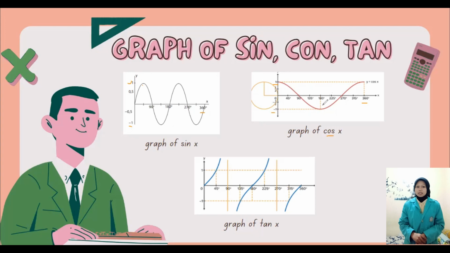of a trigonometric function point from a horizontal line, the value of the amplitude is 1. And then the graph of the cosinus function starts from y equal to 1.